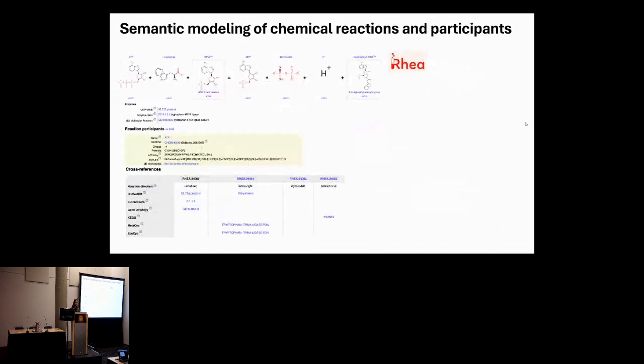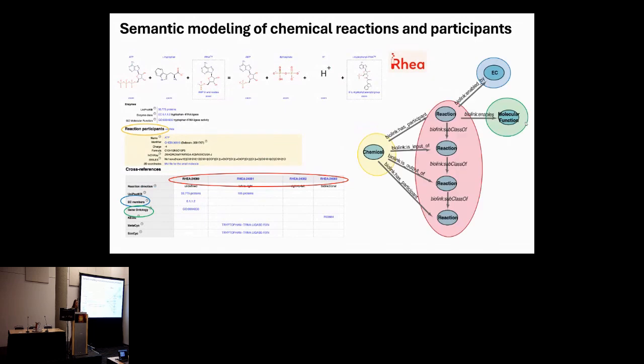And then one other example of this is how we modeled chemical reactions and participants. And we did this using the Rhea database, which is an expert curated database of biochemical reactions. And we were able to base this on the ChEBI ontology. And using this sort of subclass-of schema, we're then able to represent both the bidirectional reaction that is connected to many other databases, such as the UniProt protein database. And then we can also connect those chemicals in ways that describe that relationship, so whether they are input or output of which direction of the reaction.